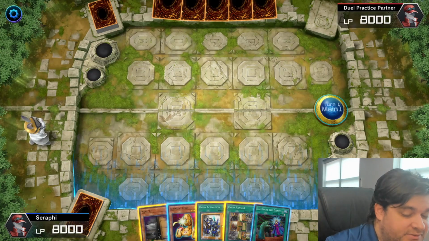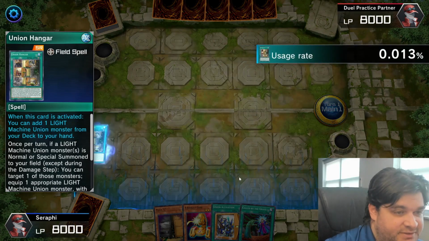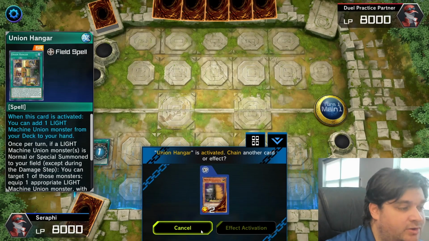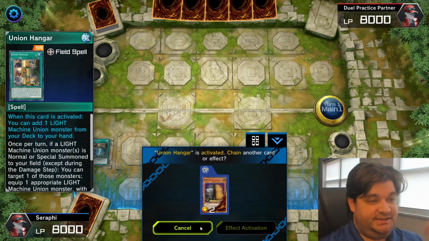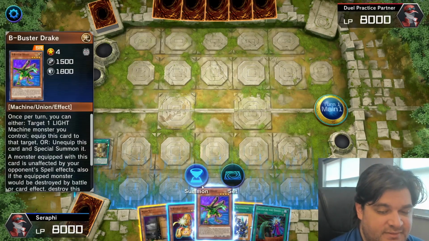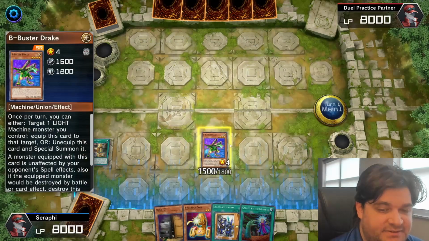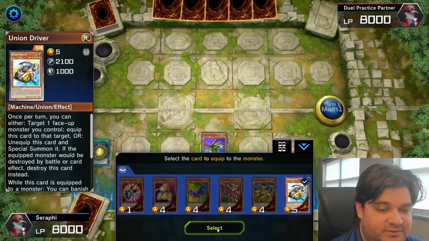So for the second 1-card combo, the card that we're going to be using is Union Hangar. We activate Union Hangar and we can add a Light Machine Union monster from our deck to our hand. Now you might think, oh, we can just go into X-Cross Cannon like we did in the first combo. Not exactly. So in this instance, we're going to actually add our B Buster Drake. Then we normal summon B Buster Drake, and that triggers Union Hangar, and we'll use its effect. And we're going to equip the Union Driver from our deck,